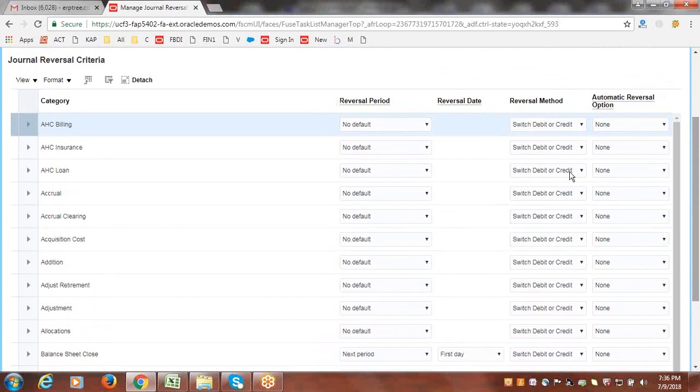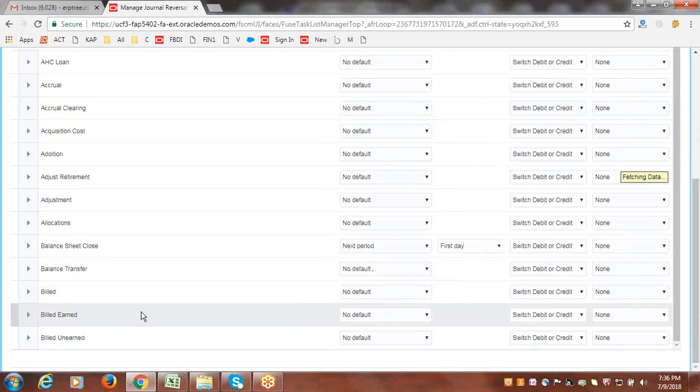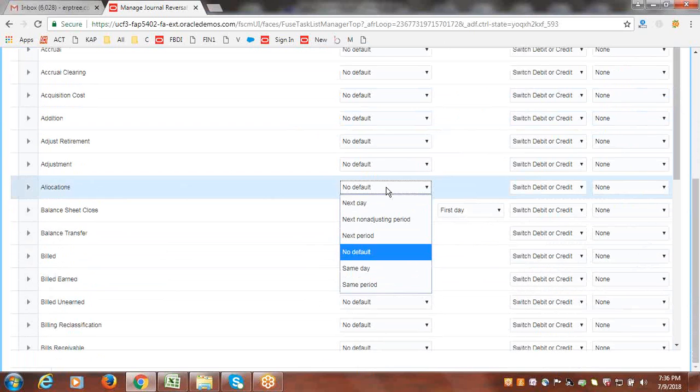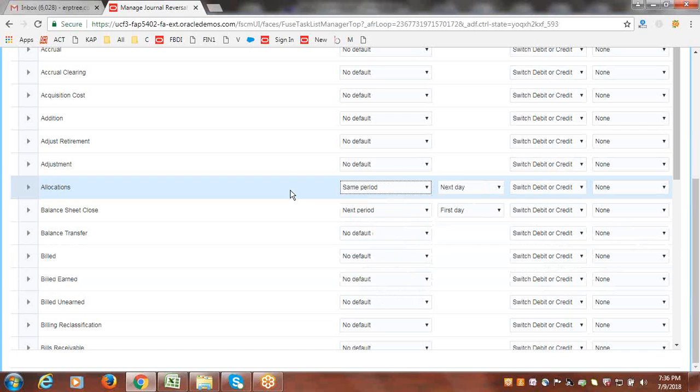Here above you can see the reversal period, reversal method, and automatic reversal option. So we'll go with the adjustment category. If any journals are there with adjustment, those need to be reversed. When the system has to create the reversal journal, we know the system will create the reversal journal against the original journal. So that should be which period? Say the same period. In which period we have the journal, in the same period the system has to create the reversal journal, and